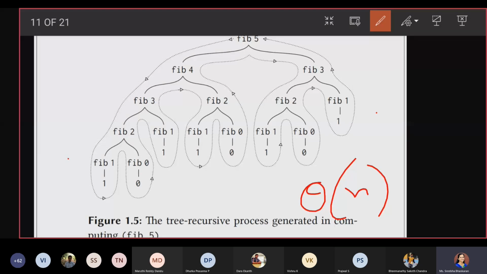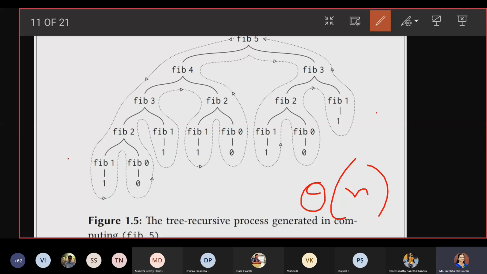So the computation time required for these types of procedures is more than n times. If you see 5, then 4, then 3, then 2, 1, 0, you are doing the calculation, then returning, and calculating again. So in terms of n, I can't say that it is equal to n. I can't say it is less than n. I can't say it is always more than n. So when I say more than n, in order of growth in an algorithmic way, how can I represent it? I can say that it is exponential growth,